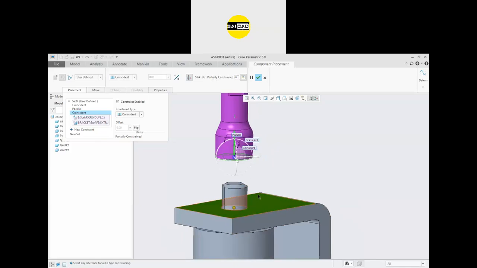So if we apply a relation with the fixed object, that should not be applied there, because we need this object to be rotated according to this one. So all the relation should be in relation to this object. Okay, so remove the coincident from here.